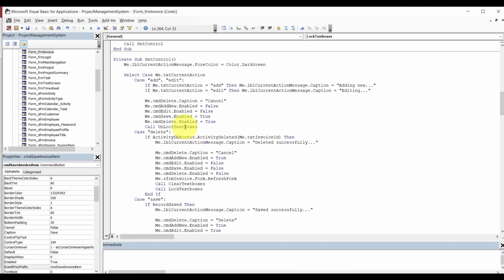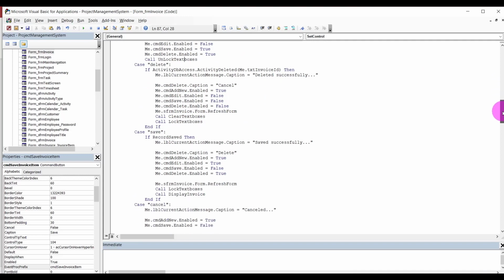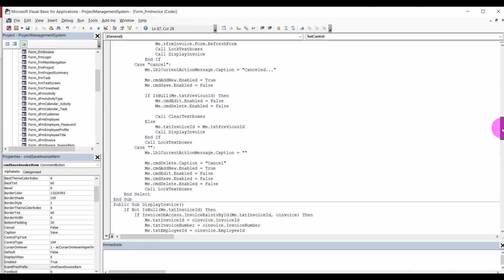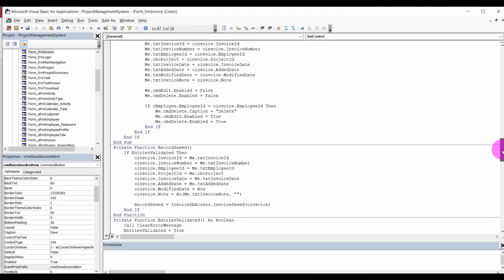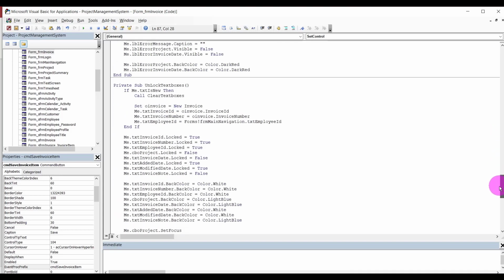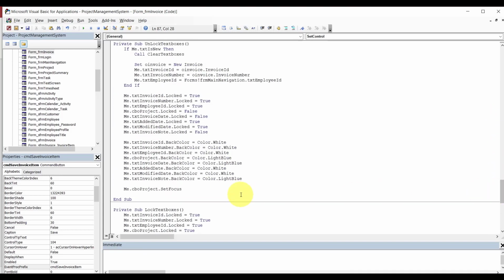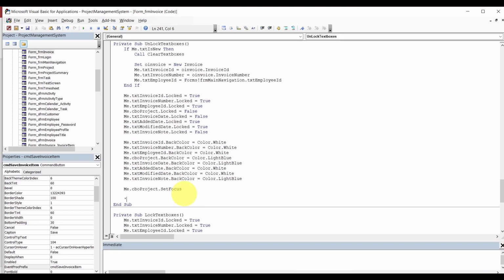See, this is unlock, lock, unlock, lock, unlock, lock. So if it's unlocked, this one, if it's unlocked, this one we're going to say disable